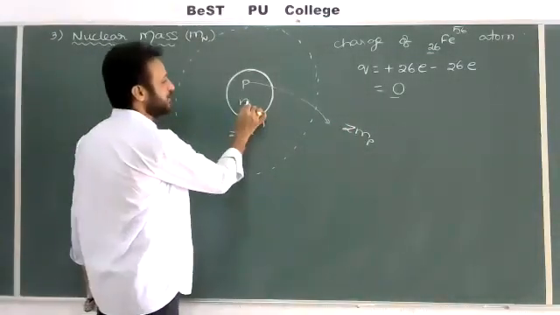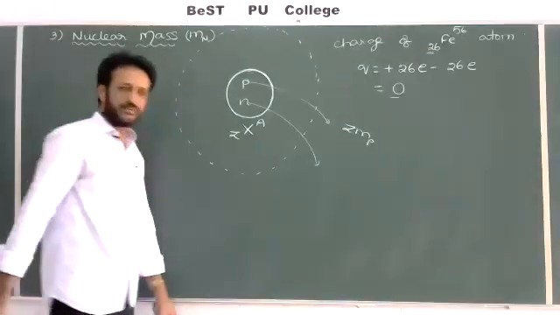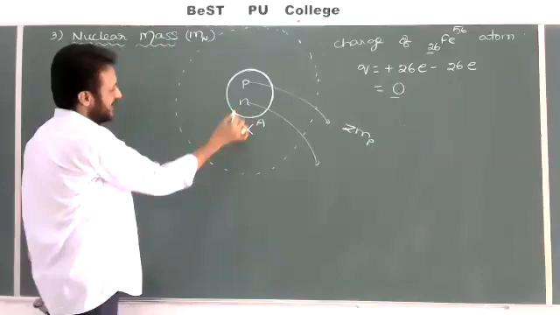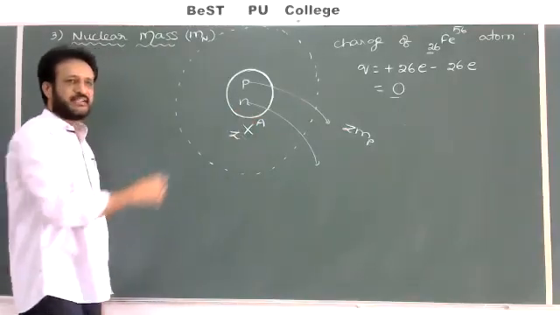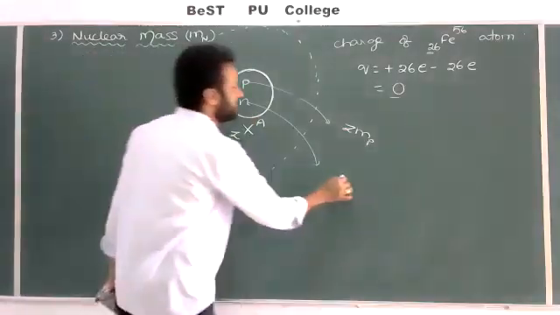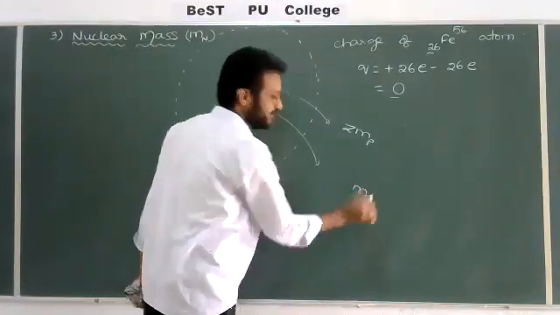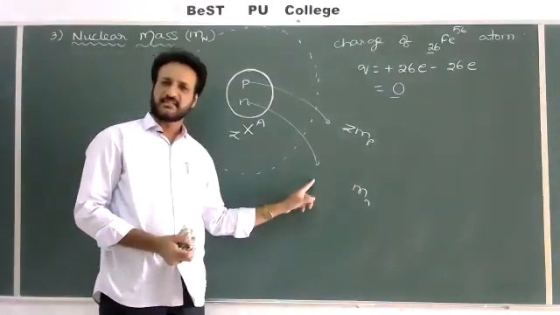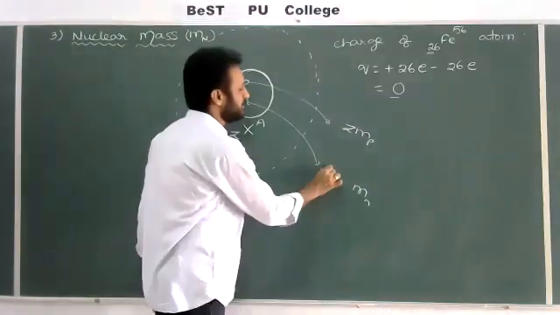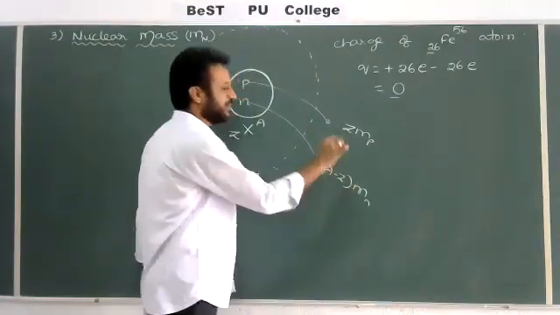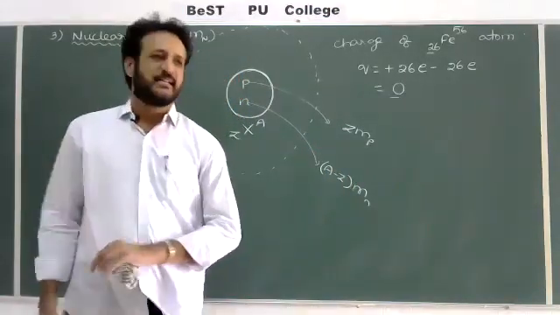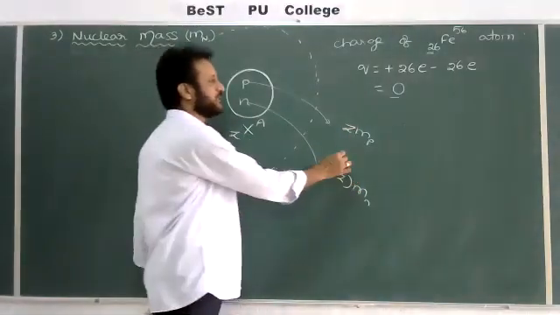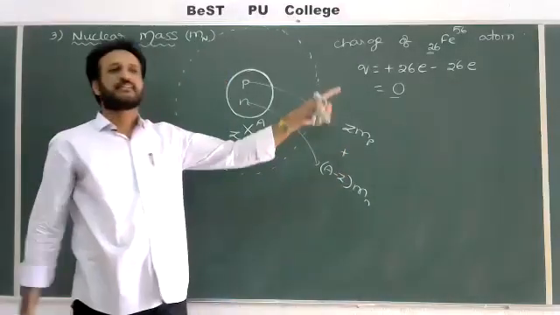And how many neutrons are there in the nucleus? One formula is given. A is the total number of protons plus neutrons, Z is only protons. If you subtract both, we will get the number of neutrons. So the mass of one neutron, I am taking as mn. One neutron is equal to mn, 2 neutrons 2 into mn, 10 neutrons 10 into mn. The total number of neutrons is equal to A minus Z. Then it is equal to A minus Z into mn. The first is the total mass of the protons, this is the total mass of the neutrons. If you add both, what will we get? The total mass of the nucleus.